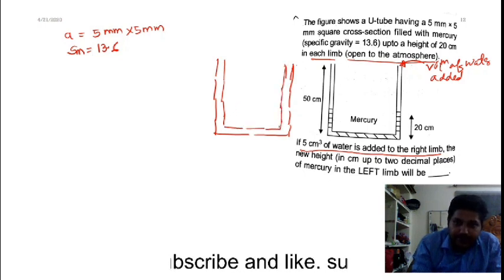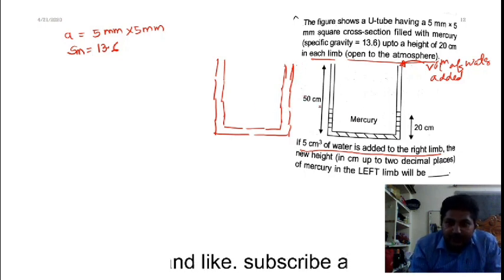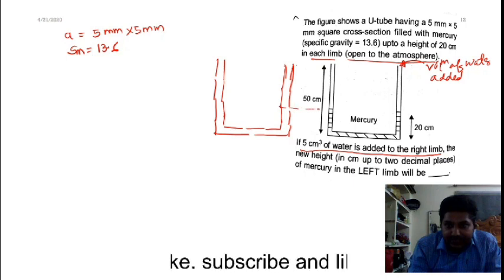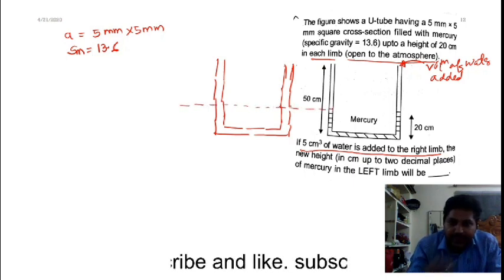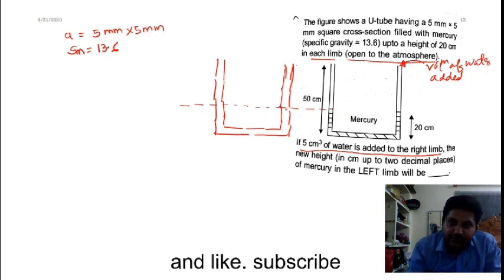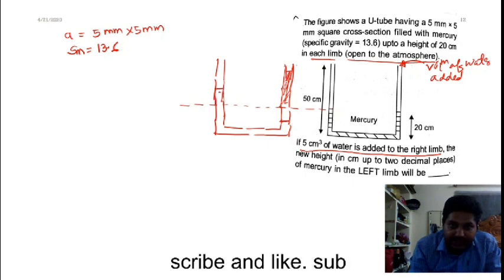Okay. Now volume of some water has been added. So what will happen? Now this is my initial line. Okay. Now what will happen? Some mercury will be displaced because some water has come. So here some water will come, and it will exert a pressure at this point. So the mercury will be displaced, and the same amount will be gained here, since it is incompressible. Same amount it will be gained, as much as it is displaced right over there.